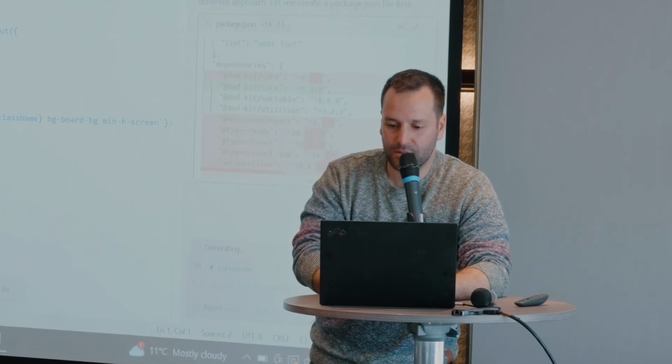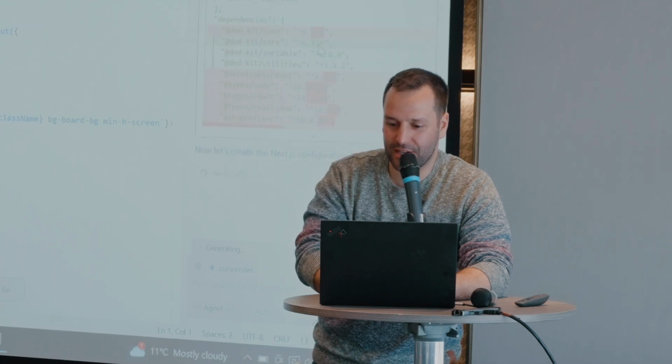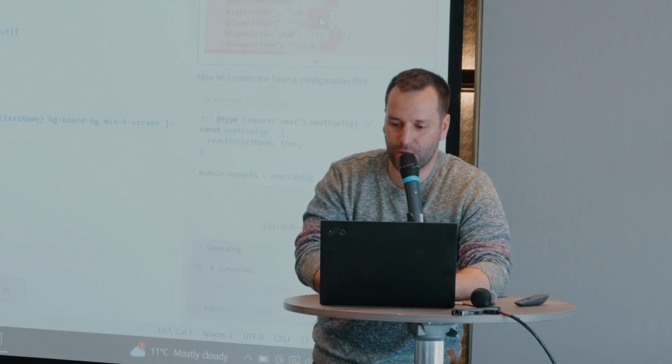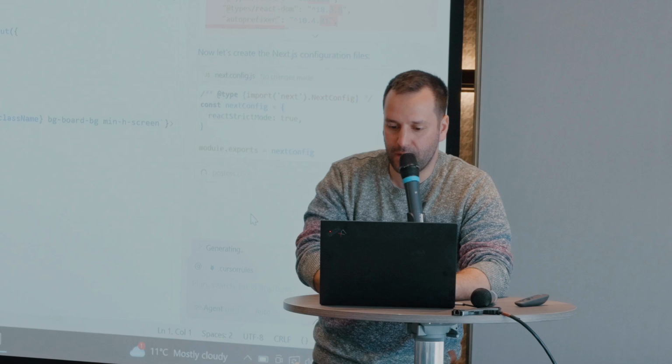Oh, it even found some errors that it made itself, and it's correcting the versions of the libraries that were initially defined, which is great. And we're almost ready. It's creating the final configuration files. We're going to accept them, and we'll be able to run the app locally on my computer in a few seconds.